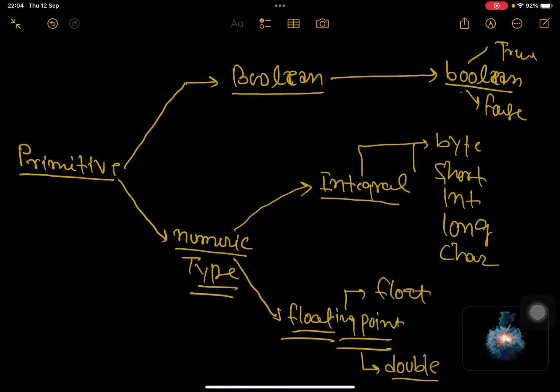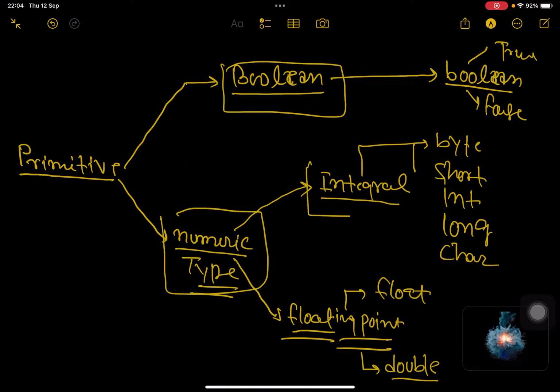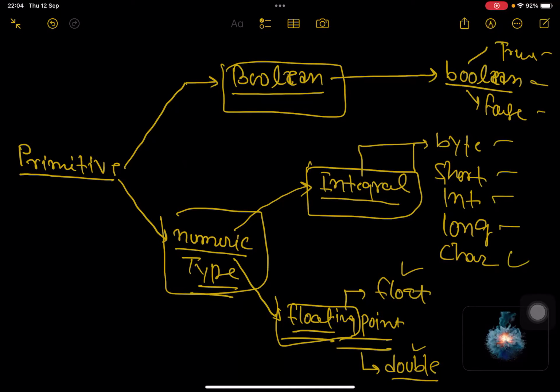These are categories, and these are the exact data types. Sorry, not true false, this one. So we have primitive, we have boolean, then byte, short, int, long, char, float, double. Now we'll see